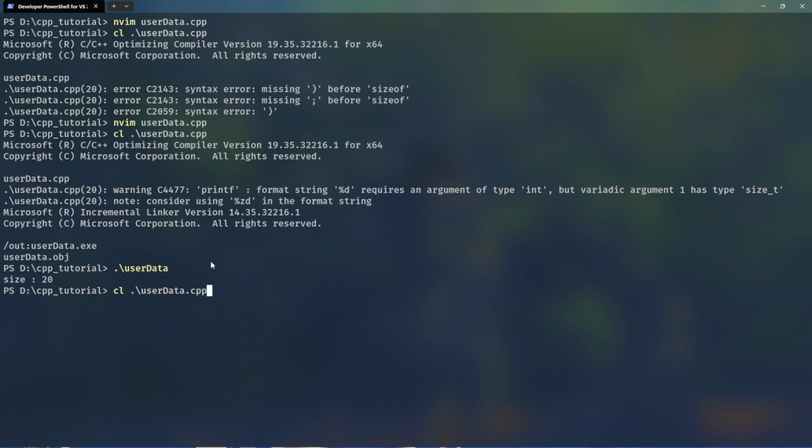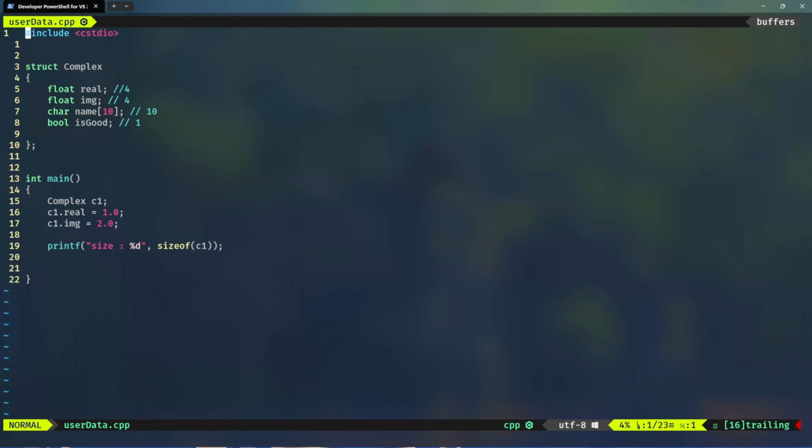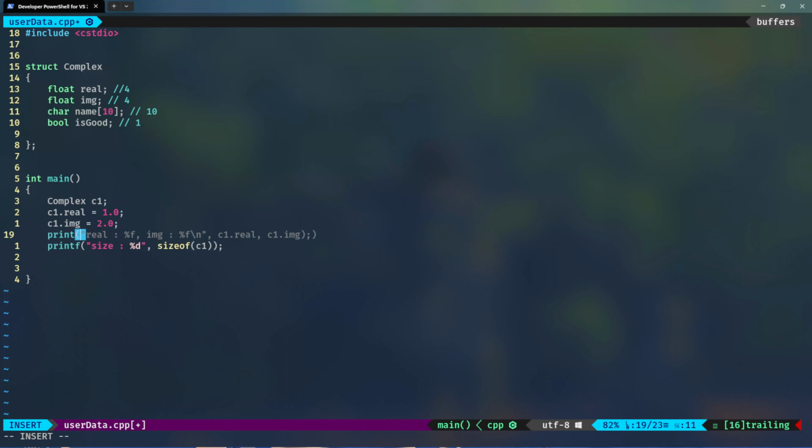So why is it of size 20? The reason being that I am bad at maths, that's one of the reasons. And because this particular struct has, for example, this name. Okay, if I just print the size of name, you will understand. Print size of name with percent d, and if I try to get the size of name,